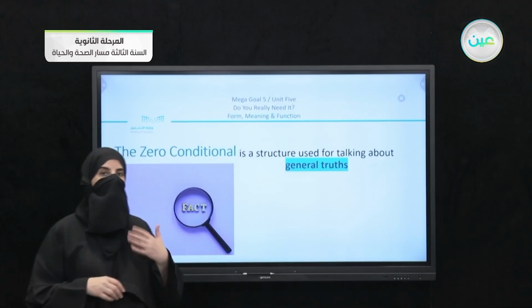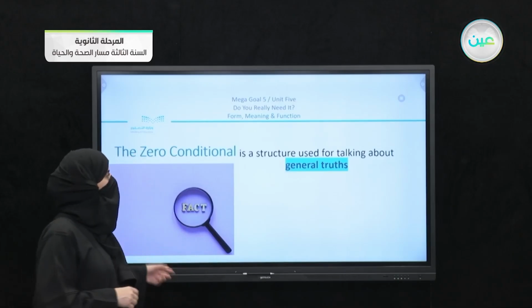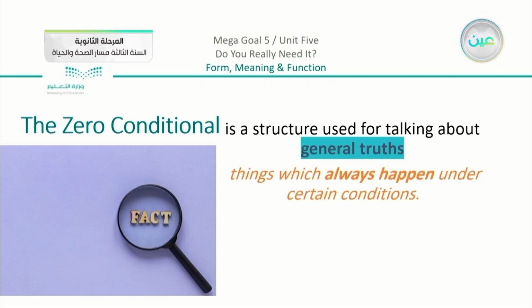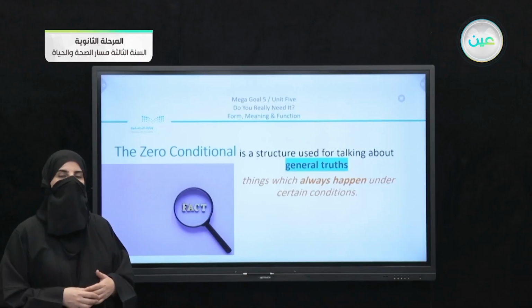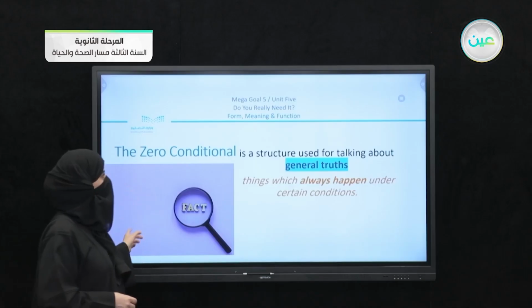Now this is something that we can just put in mind here. We are talking about general truths or facts in general. Things which always happen under certain conditions. So when you say that the sun rises, the moon appears at night, these are general truths, these are facts. So as we deal with these facts, these general truths, when I use them with if, there is zero possibility for anything else to happen. So when I use if with zero conditionals,